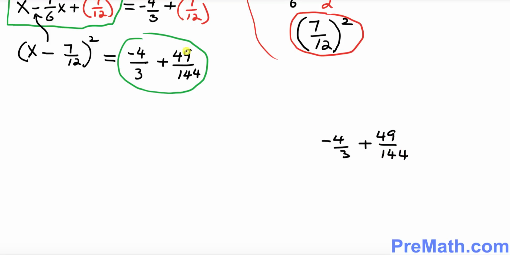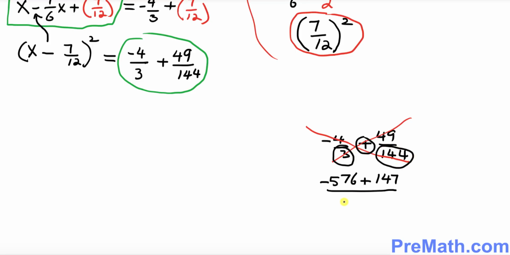Do the cross multiplication, cross multiply this way and this way, and you're going to get your answer. -4 times 144 gives you -576. Leave the plus sign over here. 49 times 3 is 147, divided by the product of the denominators, which gives you 432. Once you simplify the top,